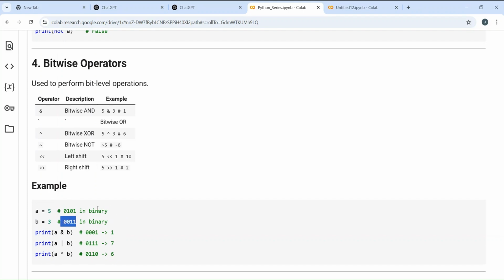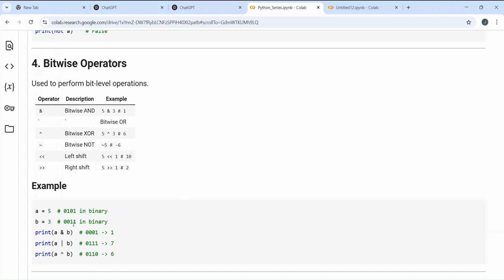Now that you have 5 and 3 in binary format, you do the AND operation. How do you do the AND operation? See, 1 and 1 would obviously give me 1. 0 and 1, that would give me, 1 and 1 would be 1.